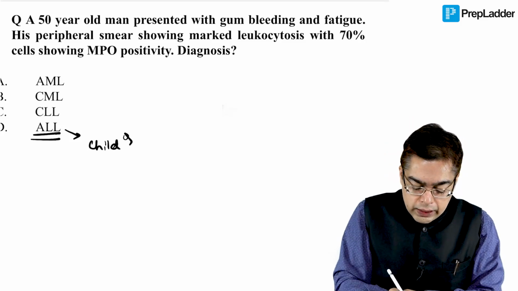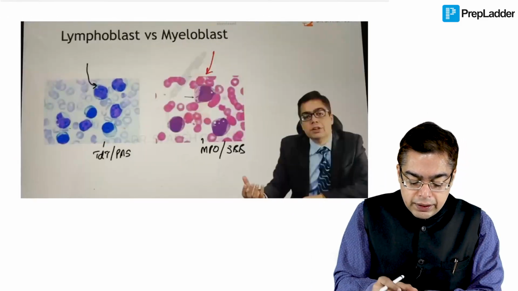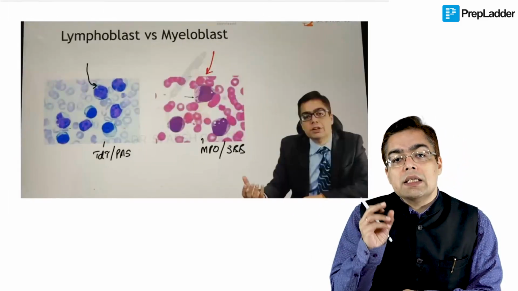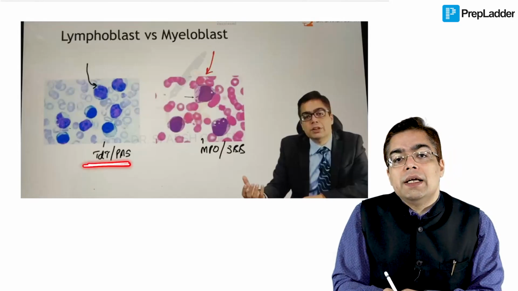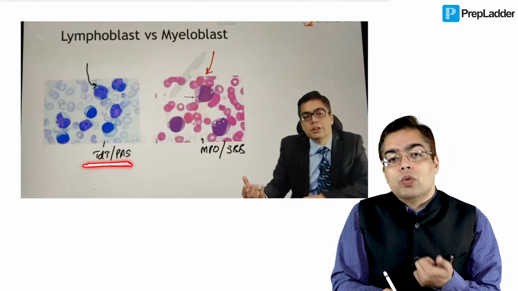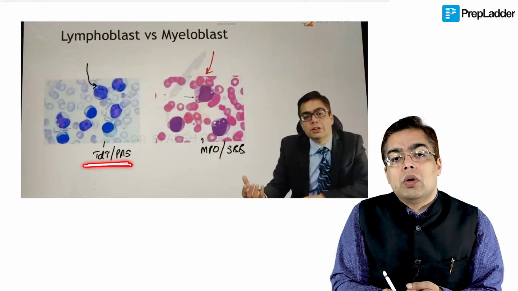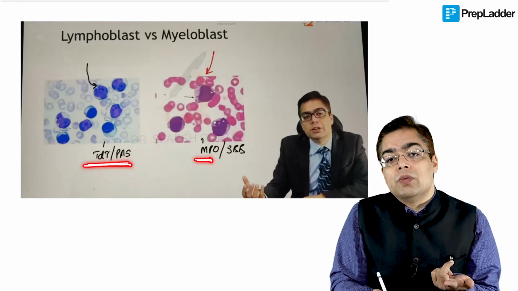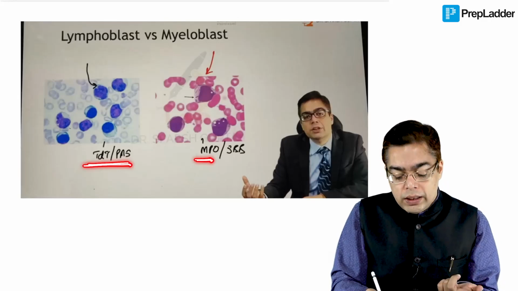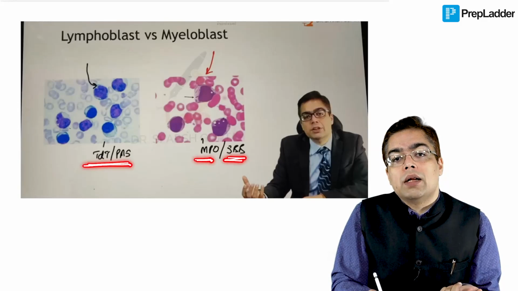When we are talking about ALL, I also want you to remember the same thing that I did talk about with you, that the cells in case of ALL are going to be having a positivity for the stains like TDT and PAS. Your question in the exam specifically mentioned the tumor cells which were having MPO positivity. They may replace it with a second stain in the exam subsequently, which should be remembered by you, which is going to be Sudan Black B.